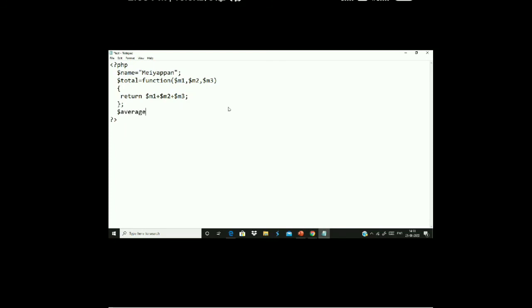So average equals function, and I should get total here as a parameter. So total is passed as a parameter here. To get an average, I should just divide it by 3, because 3 marks are there. Return $total by 3. So close anonymous function number 2. Clear? Are you able to understand?